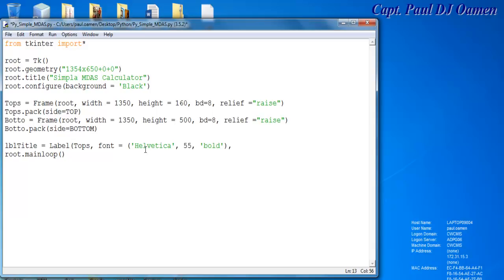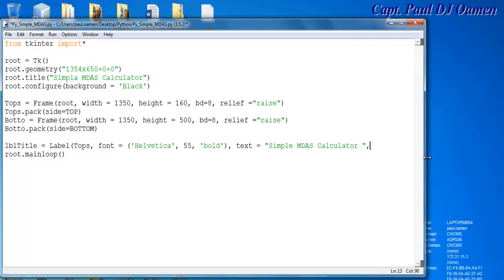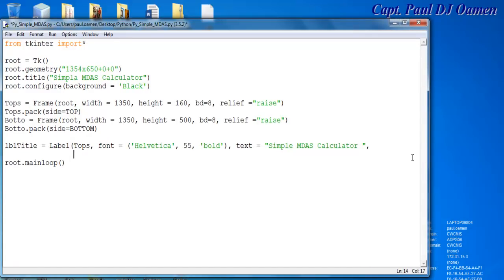Now the next thing I would like to do for this is let's assign the data that will be inside this label. So it's going to be simple: MDAS Calculator, comma, and let's come back in here. Let's just press enter, and right underneath there I'm going to say border equals 4. Close that. Dot grid